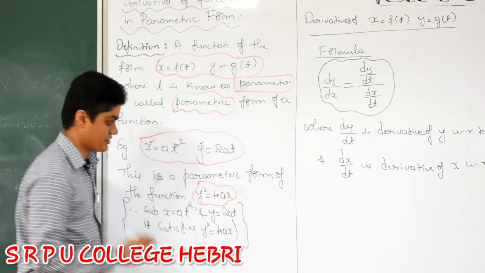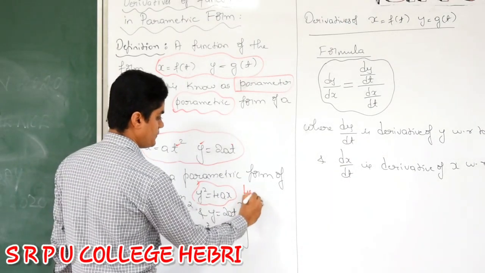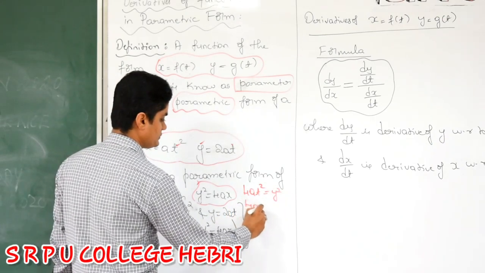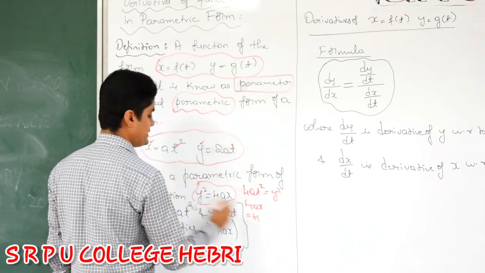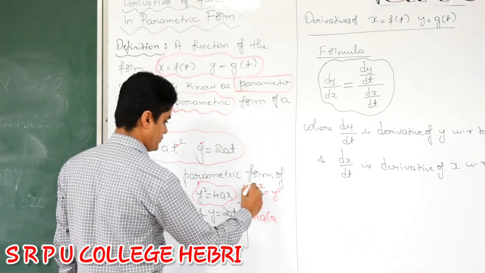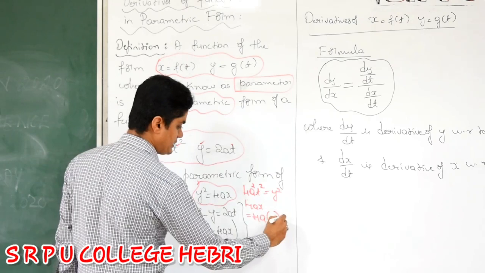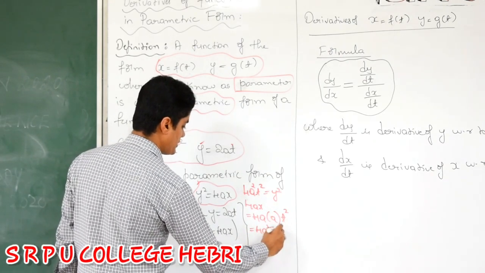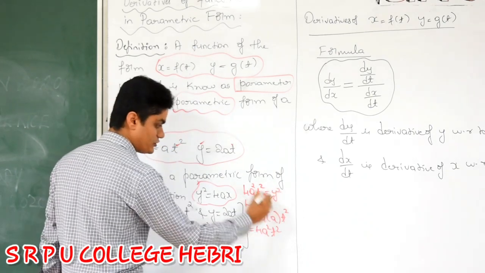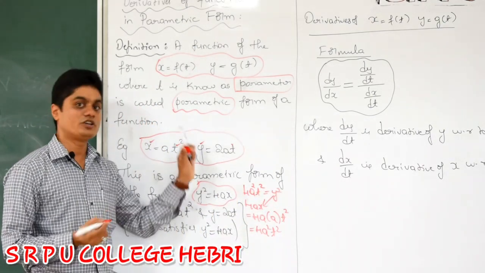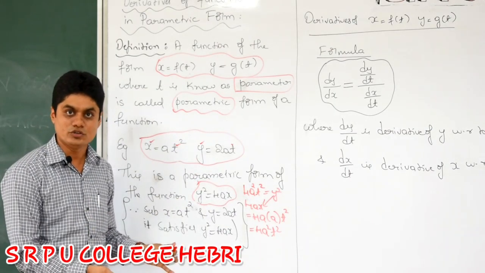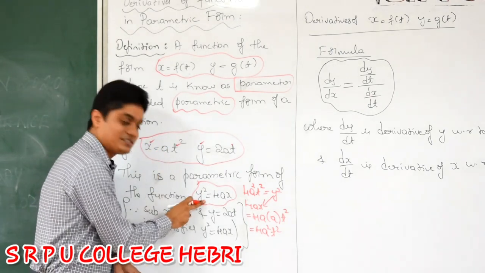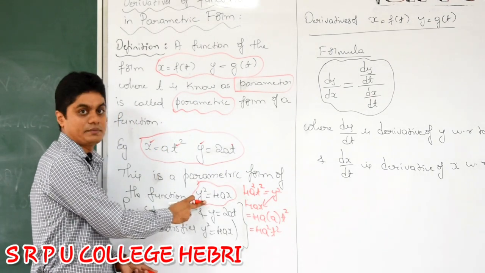components satisfy this equation. See here, what is y square? 4a square t square. This is y square, right? What is 4ax? When you substitute x is equal to at square, 4a into at square, that is 4a square t square. So it matches: y square is equal to 4ax is satisfied by these components. So this is known as the parametric form of this equation, and this equation you know already, it represents a